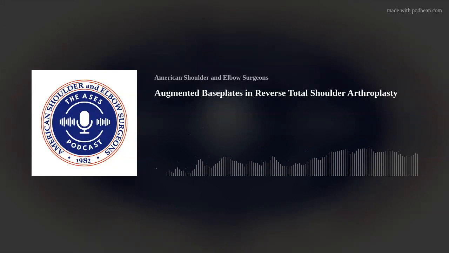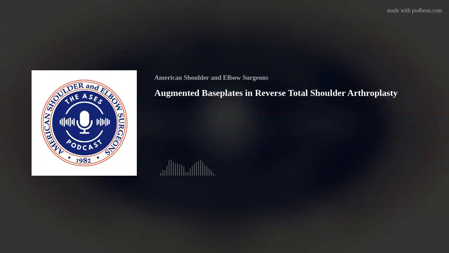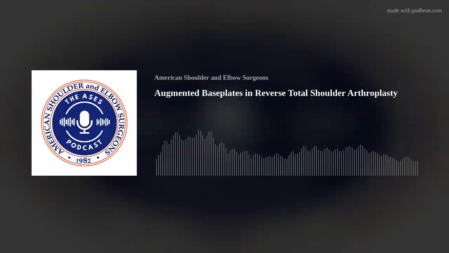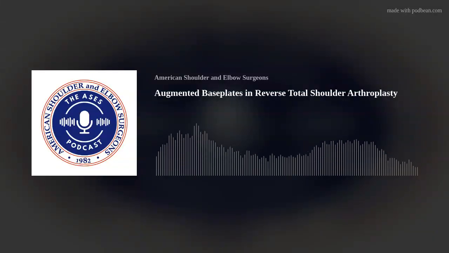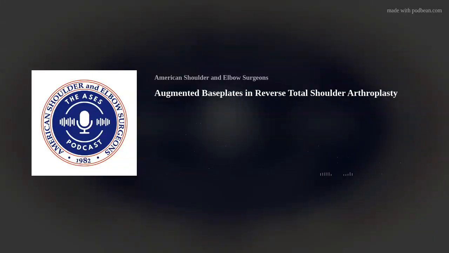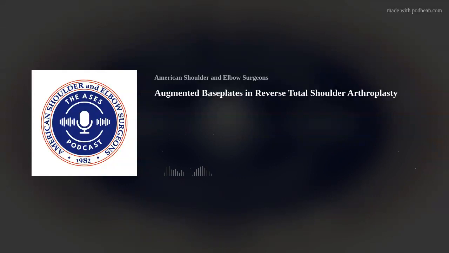That's shame on me. But the reality is, with the system that I use, I feel like I can get enough of a tilt with my base plate and the amount of lateralization with my glenosphere, that should provide good stability. I do worry about lateralizing it more than that with built in on your base plate and potential for acromial stress fracture. But yeah, these are a little bit worse for stability compared to the other patient population that we're dealing with.